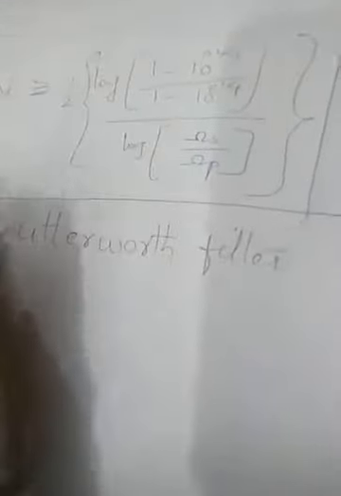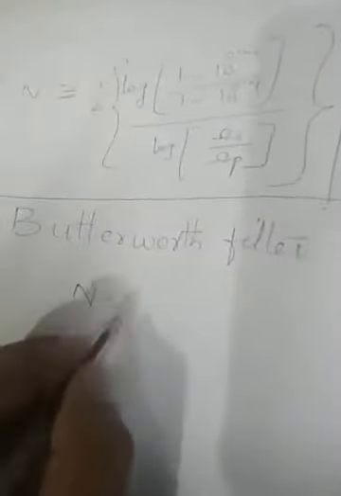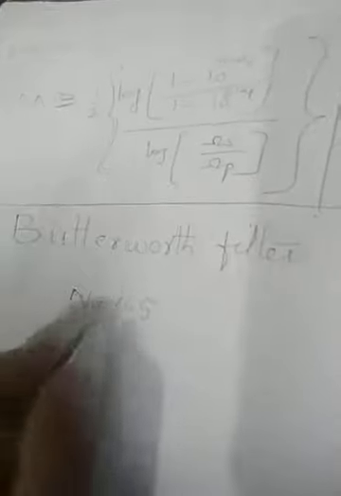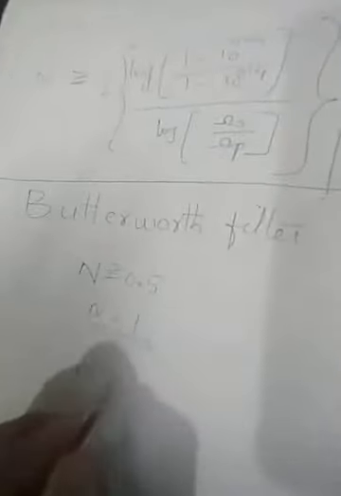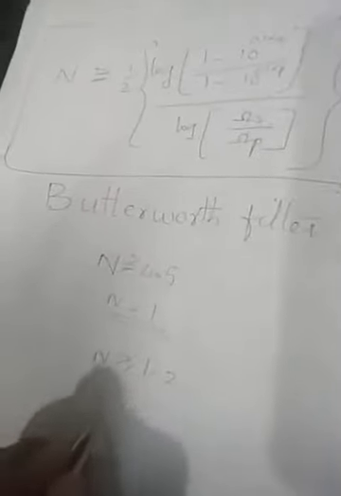So it should always be greater than or equal to whatever values we write. For example, if you get an n value of 0.5, that means greater than 0.5, so n equals 1 we have to take. If you get n greater than 1.2, then we should take it as approximately 2, because it is greater than or equal to, right? So we have to take that specific value for finding the answer.